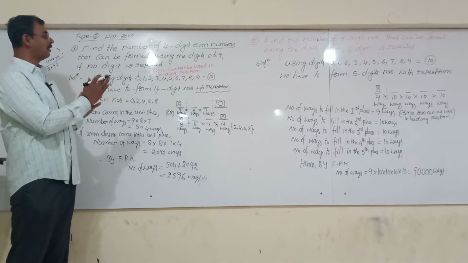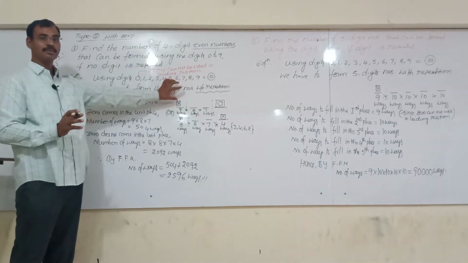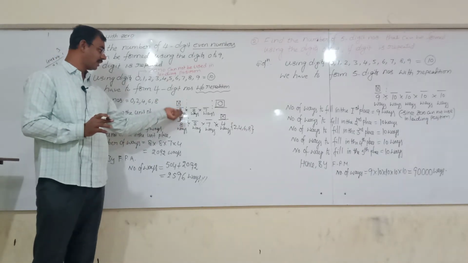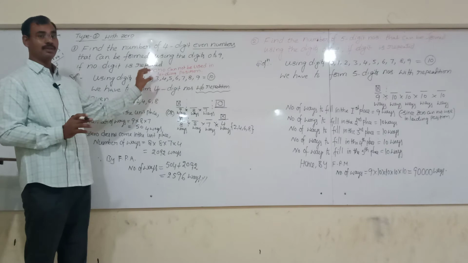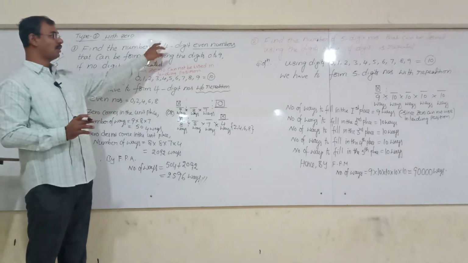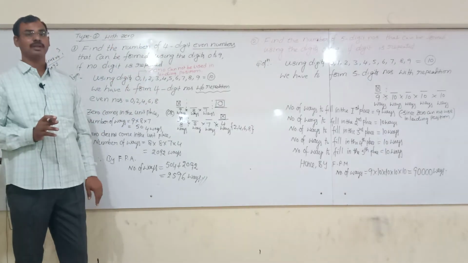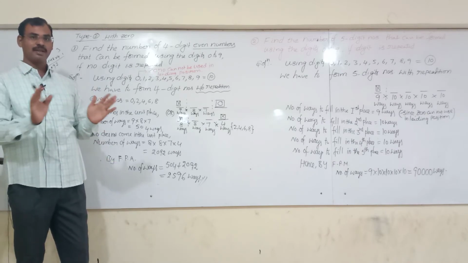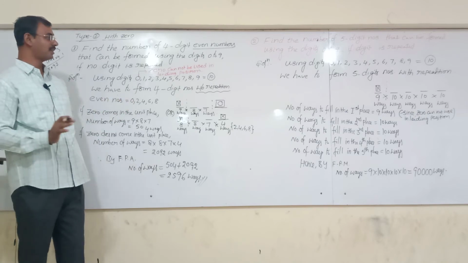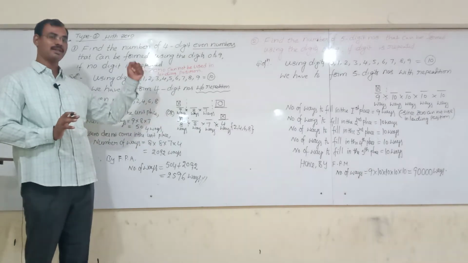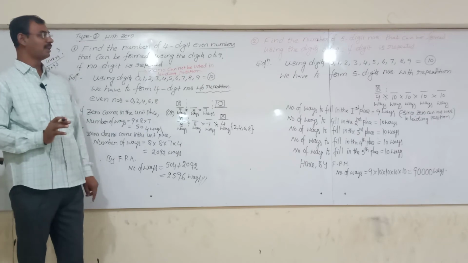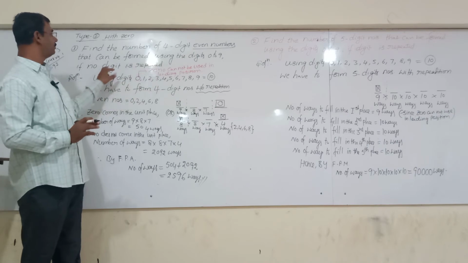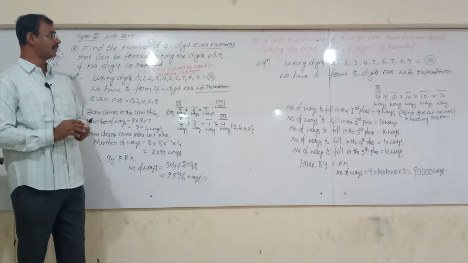Most of the people are not doing this type of thing because they are beginners. They do not think logically. You should always think: if there is 0, then 0 is the primary condition. Always remember 0 cannot be used in the leading position. If 0 is in the first place, it is not a 4-digit number, so there is no value. Remember all of that. In this case also, if digits are repeated.